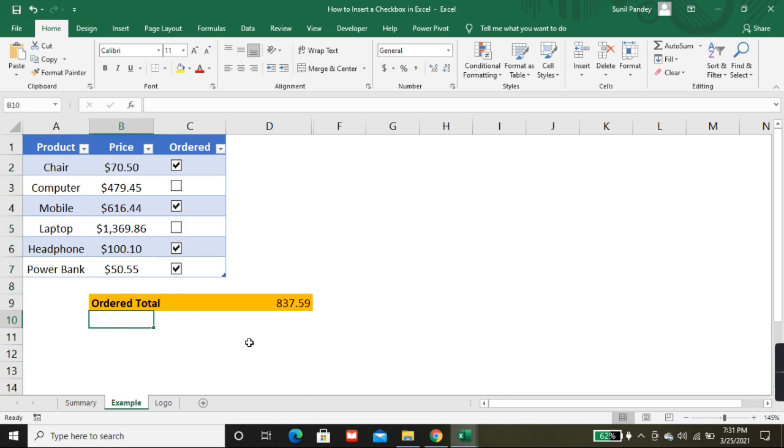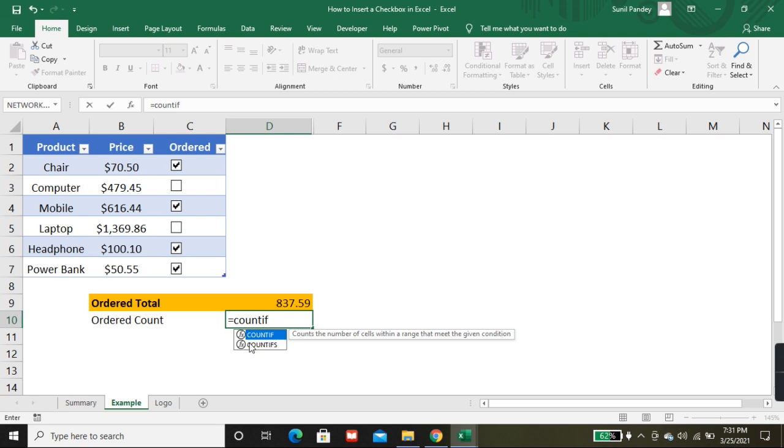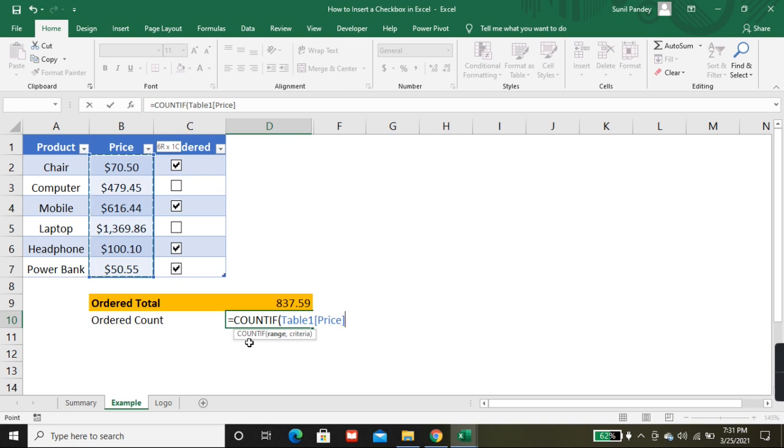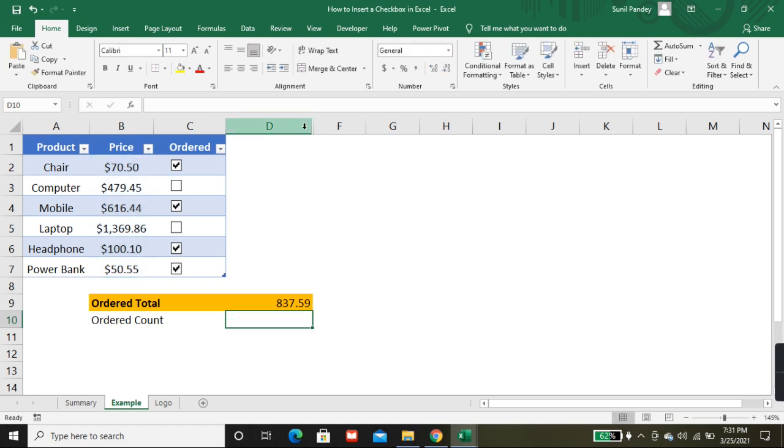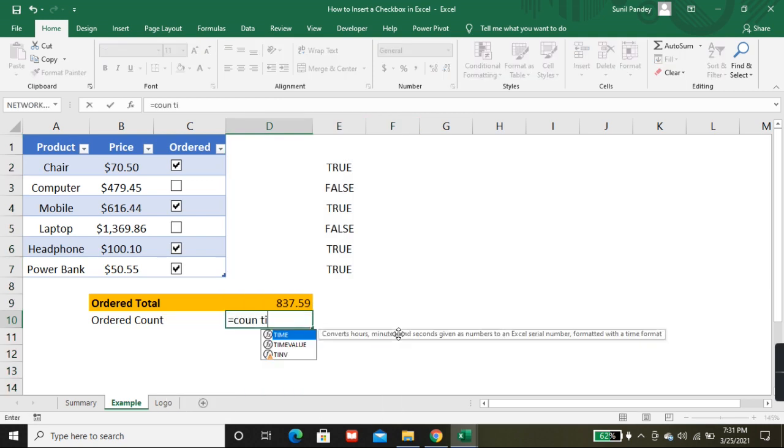You can count also. Ordered count, simple. COUNTIF, range. Before putting the range I have to unhide this.